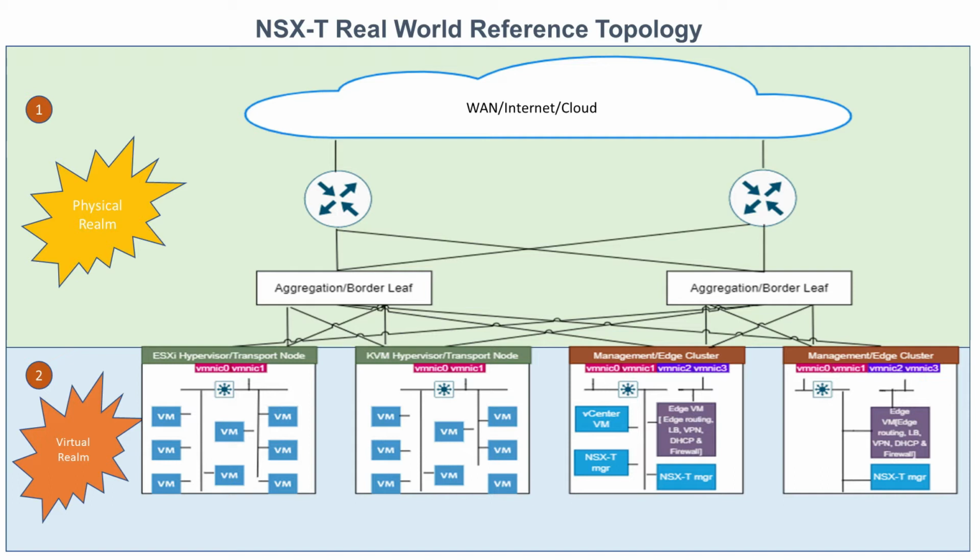Literally you could see from my diagram, we don't have much when it comes to physical infrastructure. We just have one pair of physical switches doing the aggregation or border functions, and you have your edge routers connecting to the WAN. All your L2 to L7 functions required for your virtualized world are handled from the server itself. So with this,